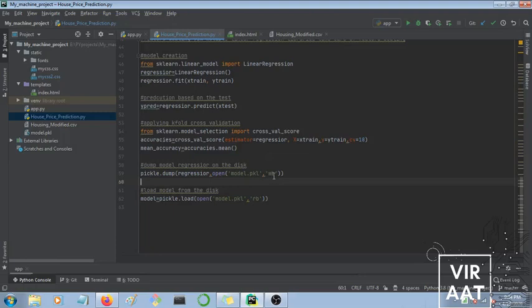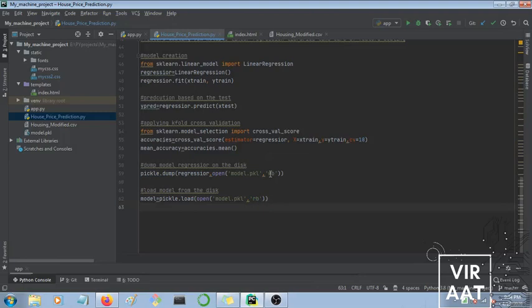wb stands for write bits. So it's going to write bits onto your local disk. And next is the load. So when you have trained your data and stored it into the pickle file, you are avoiding rerunning the app for the prediction. You just need to train it once and then store that regressor into the pickle file. You can load it by using this line pickle.load, and here you can open that model which you have pickled, which you have dumped before. So here it is read mode only.